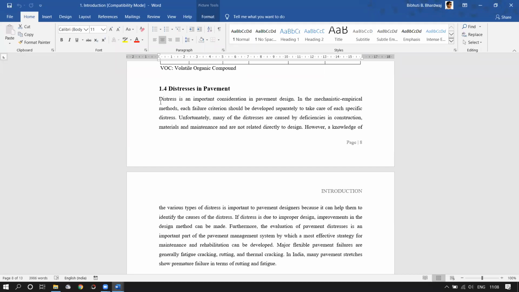So now 1.5 becomes 1.4, so that has to be changed. That reference of 1.5 will also have to be changed to 1.4, also along with the page number, that figure 1.5 becomes 1.4 of page number. Now it's not 8, say, so it's page number 7. So that type of changes should be made automatically. And also